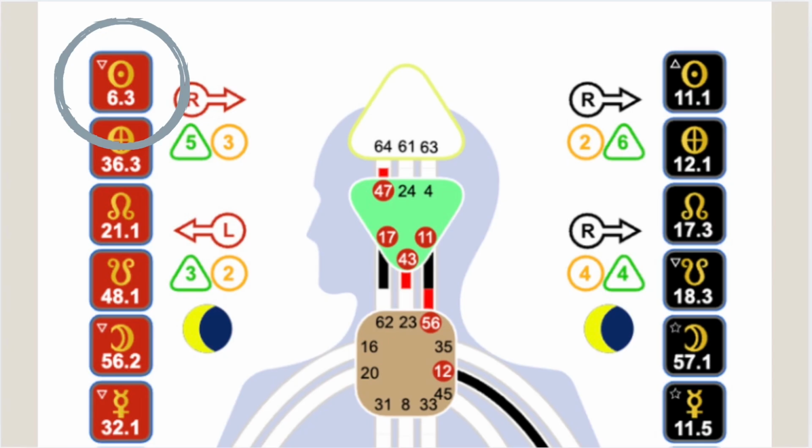But one thing that people aren't as aware of is the concept of nature versus nurture. Nature is the things that you're born with. Nurture comes from the conditioning of the environment around you, whether it's your family, your friends, your school, church, community, whatever. Let's use Ashley's chart as an example. She has gate 6.3, so line 3, in her unconscious sun.